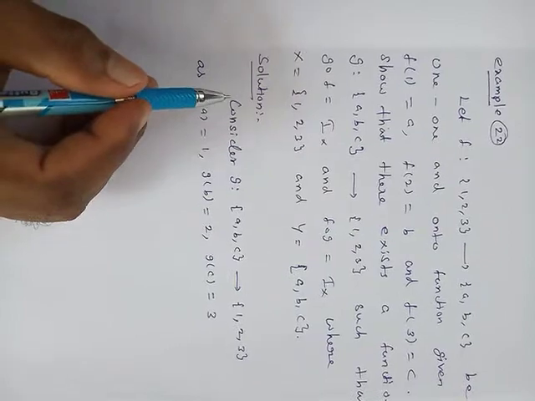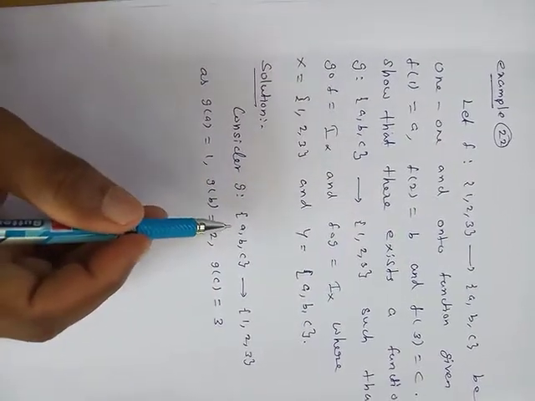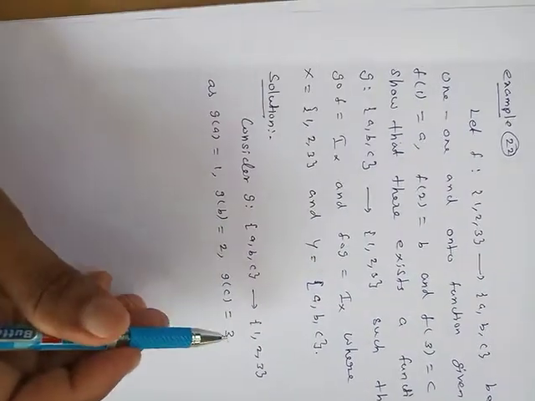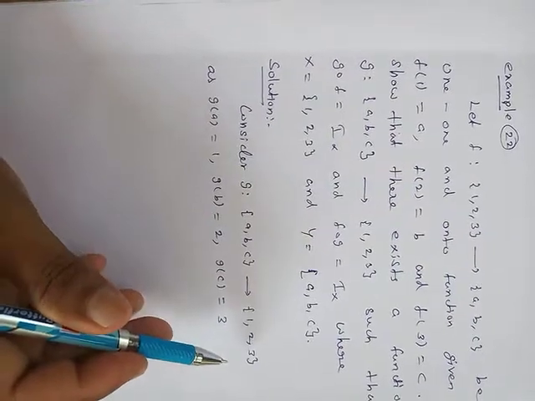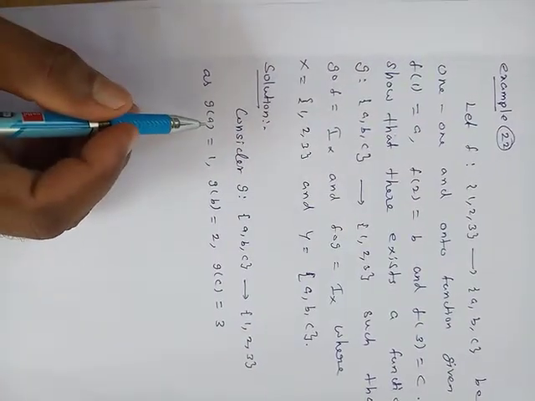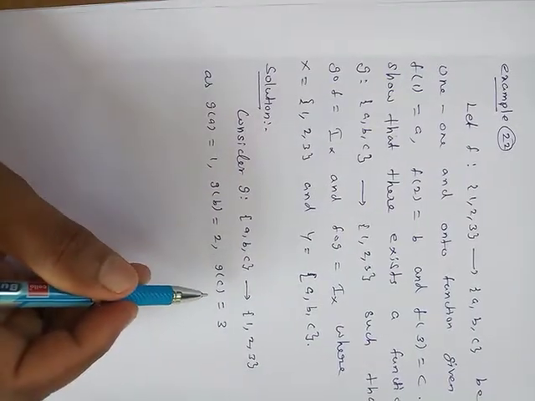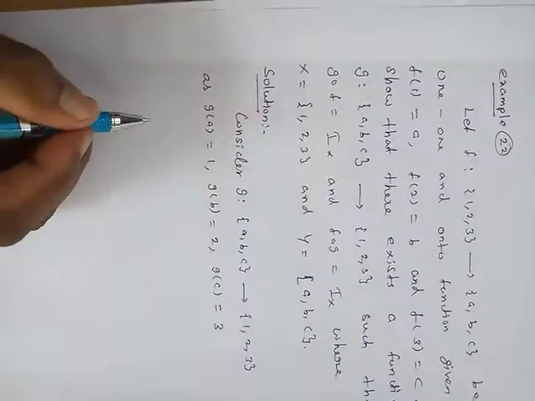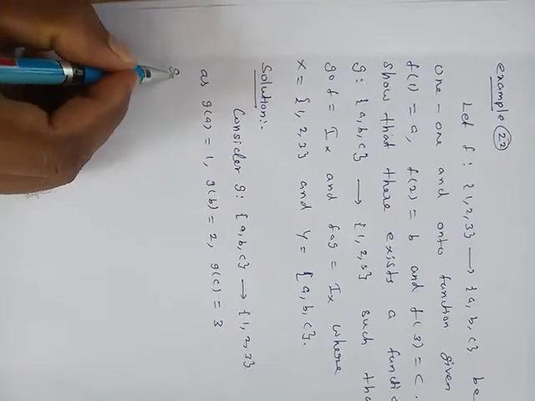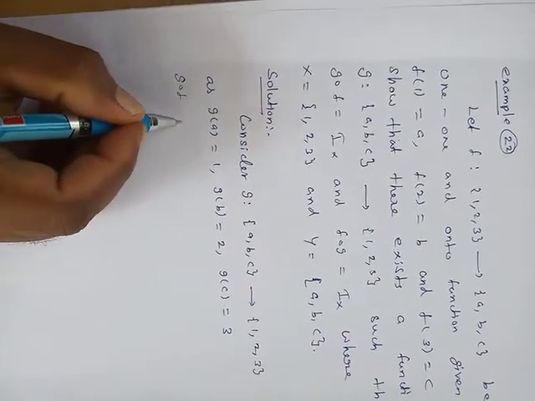Solution: consider the function g from {a, b, c} to {1, 2, 3} defined as g(a) = 1, g(b) = 2, g(c) = 3. This function is considered. Now g∘f,